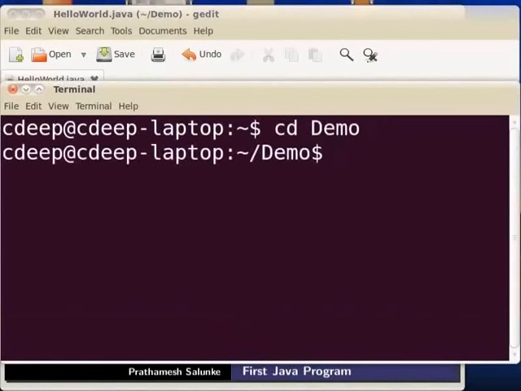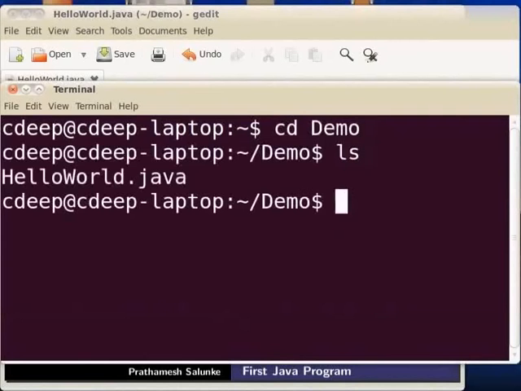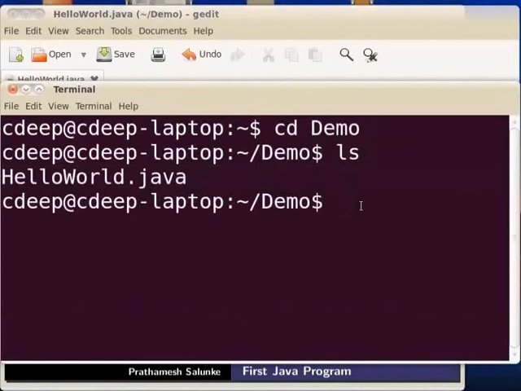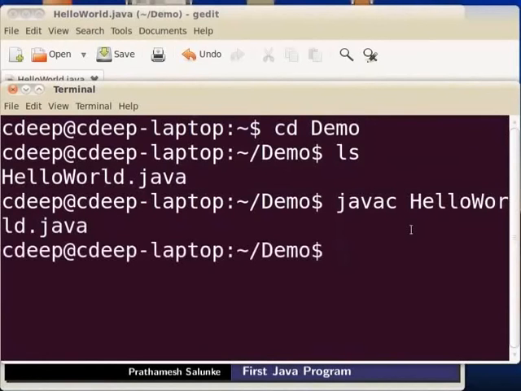We see HelloWorld.java file present in the Demo folder. Let's compile this file. So type javac space HelloWorld.java and hit enter. This compiles the file that we have created.